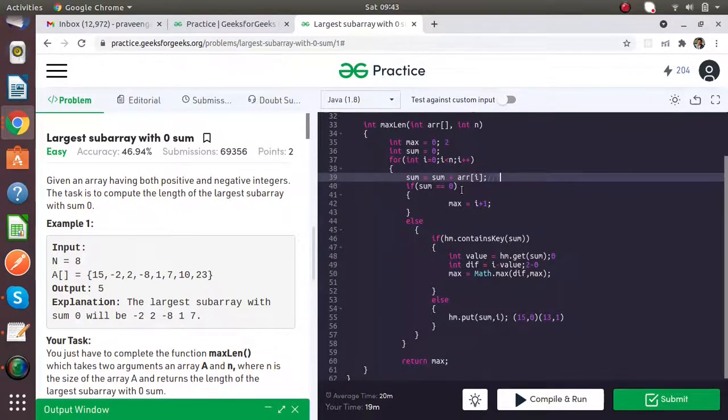It is not equal to 0, so we are going to check the hash map. The hash map does not contain it, so we simply add this. And remember, when we get a 15 the second time, we do not add that 15 into the hash map. 7 with index 3.